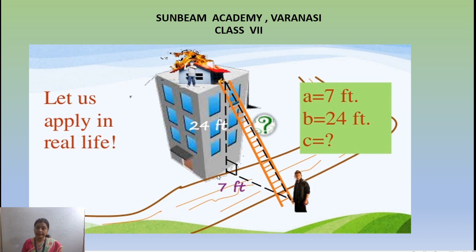The length of the building we know, and the distance from the building to the base of the ladder is 7 feet. So what should be the length of the ladder? Which type of ladder length is required in this case? We can't use the smaller length or the bigger length to reach that point, as well as we have to adjust for the distance from the building. So we have to take care of everything to find the distance.